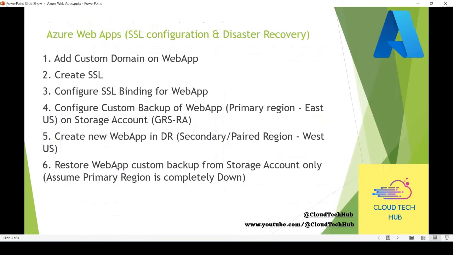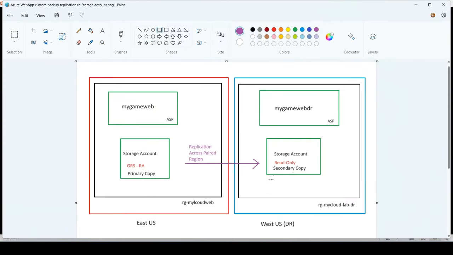restore the web app custom backup from the storage account only. So assume that the primary region is completely down. So we have created the new web app in the DR region. Now we are going to do the restore from the storage account. As per the diagram, this primary region is down. We have a read-only copy here, and then we are going to restore the backup from the storage account to